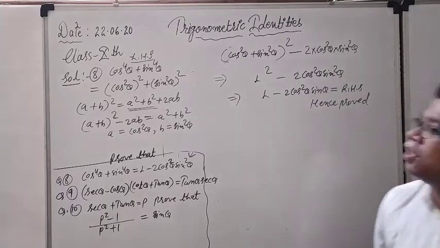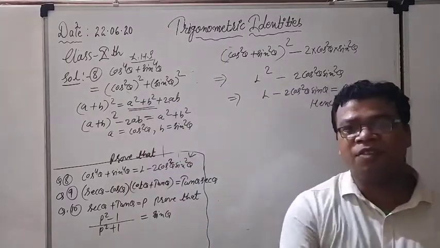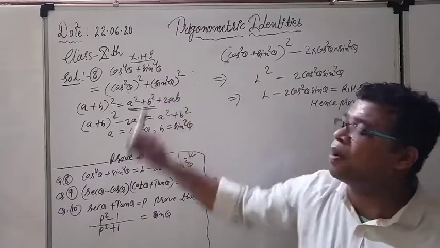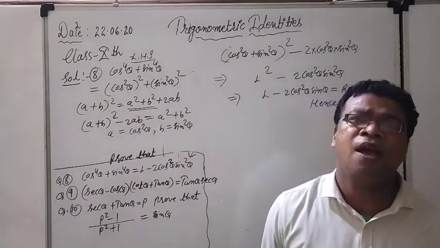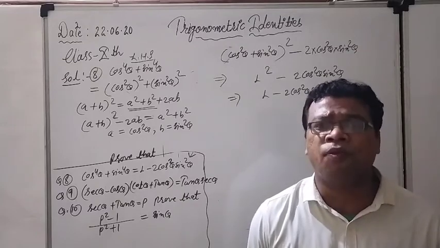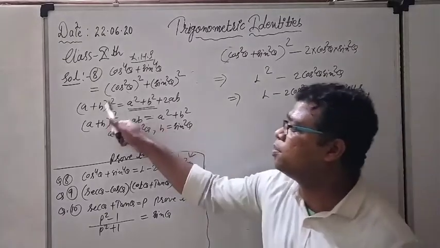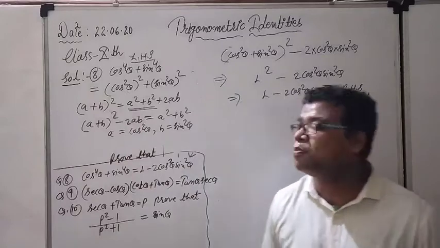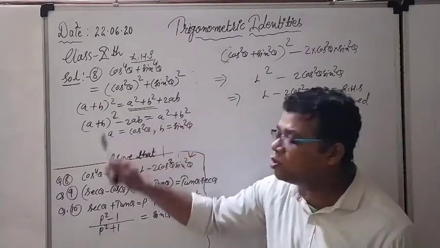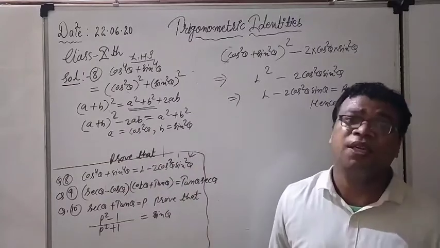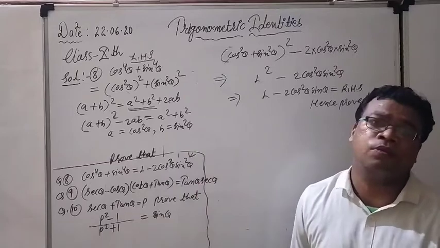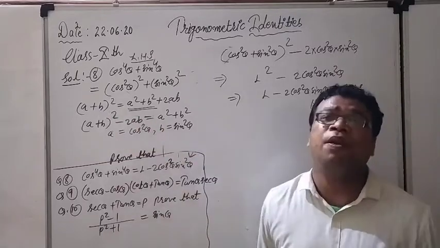So very easy logic, but here the starting was the main thing. How to start a square plus b square? First we converted the power 4 into the square format, and after that, what is a square plus b square? Actually it is not coming in any of the formulas, but we know that (a plus b) whole square is equal to a square plus b square plus 2ab. So that plus 2ab can be transferred to the other side, and it will give me minus 2ab, and that minus 2ab is coming here also, and that's why I have applied the plus formula.